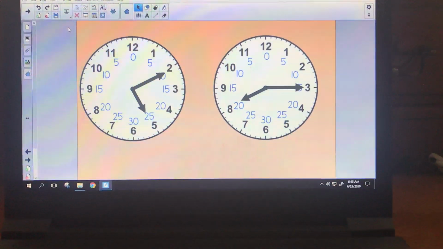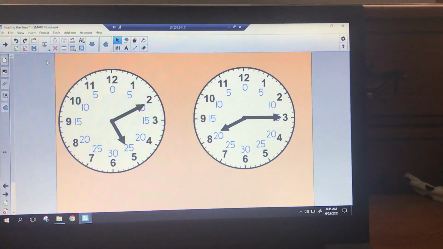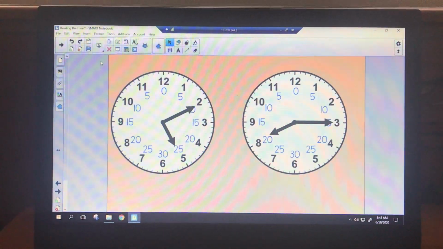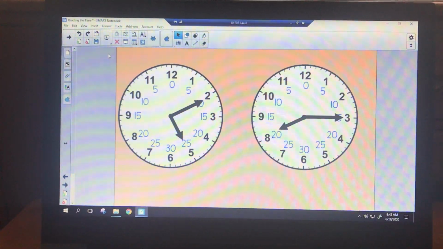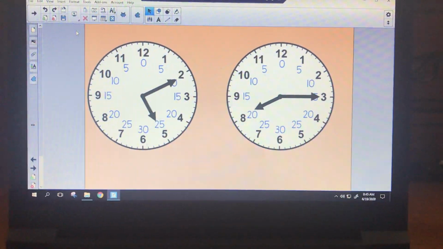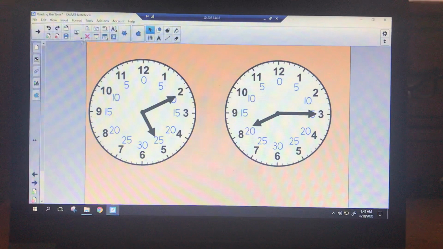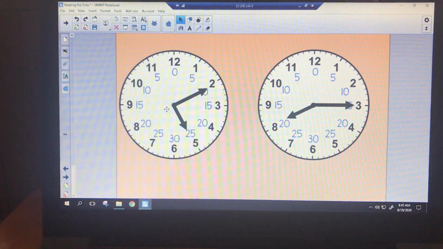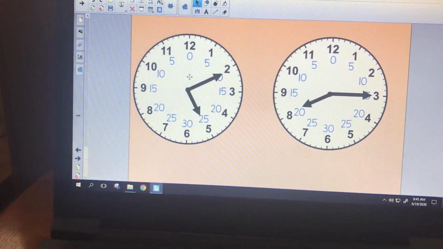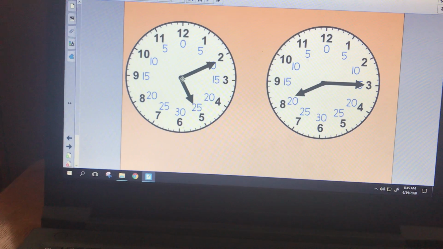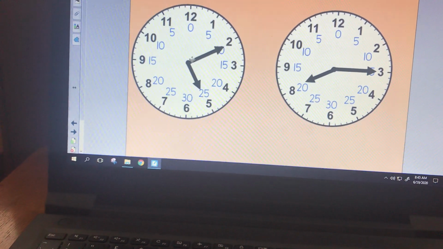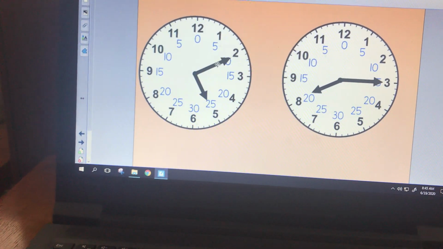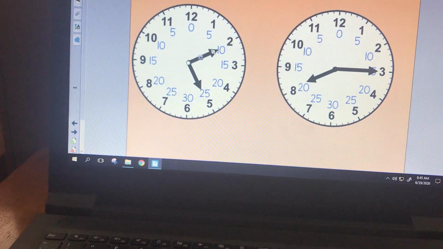Okay, so lots of the work you are going to be looking at on our website this week asks you to read the times on different clocks. So here's an example of questions that you might be faced with. Looking at this first clock, the first hand I'm going to look at is the minute hand, which is the longer hand here. And the minute hand is pointing at the 2,